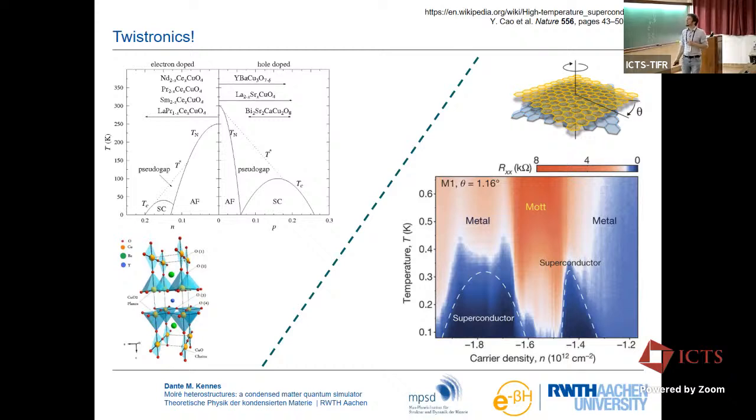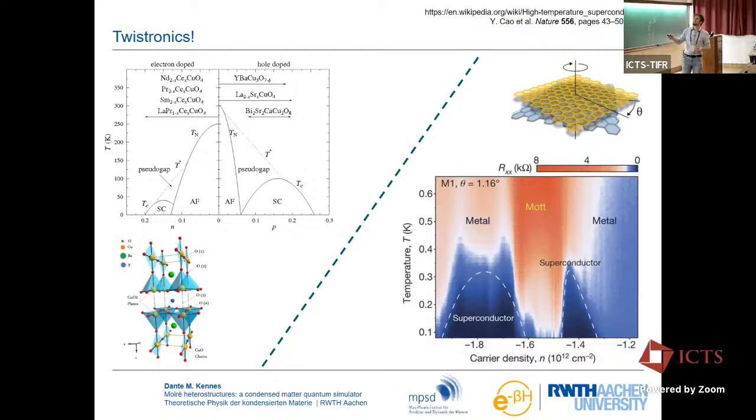All right, and here I can also be rather quick because we had this in Oscar's talk as well. What really kickstarted this field, I think, was this report of this phase diagram here, where we have temperature on the y-axis and carrier density tuned by a backgate on the x-axis. And you see certain fillings where you have a more resistive state in the middle, this red region, and then it's flanked by these blue regions, which are labeled superconductor because the resistance plummets down to approximately 0.